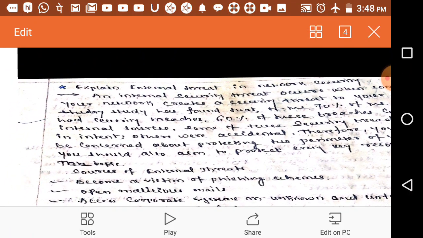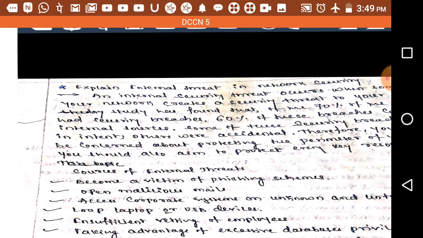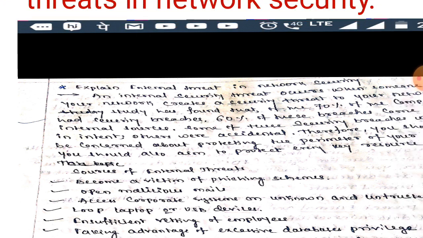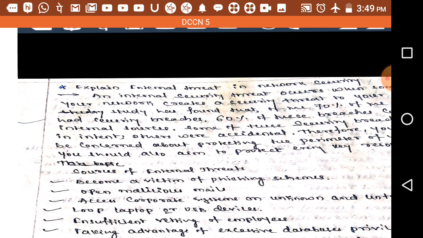An internal security threat occurs when someone from inside your network creates a security threat to your network. A study has found that of the 70% of companies that had security breaches, 60% of these breaches come from internal sources.